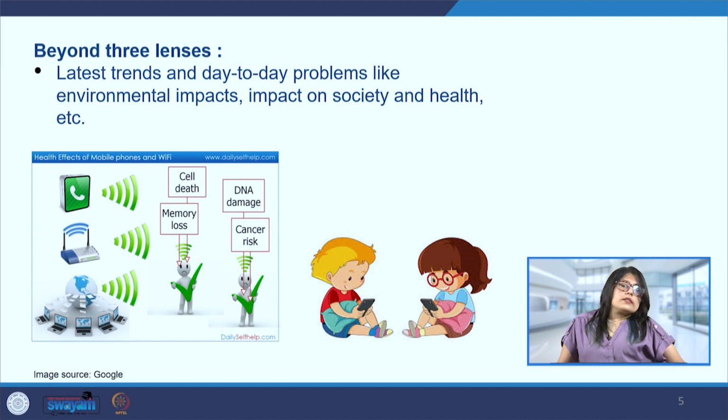And the third is the health impact. So similar to the environmental impact, wherein the chemicals are leaching into the earth and going to the groundwater, there are other physical health impacts as well, since we are glued most of the times to our devices, whether computer or phone or other devices as well.